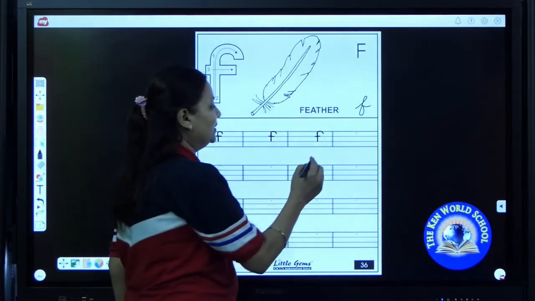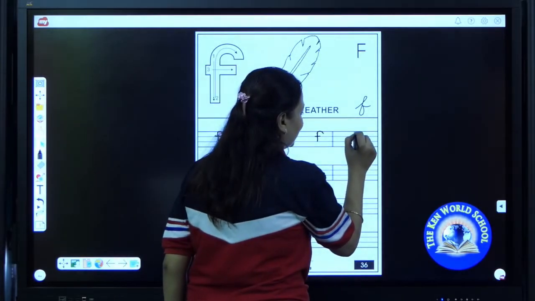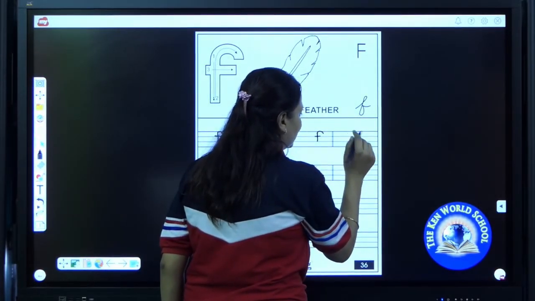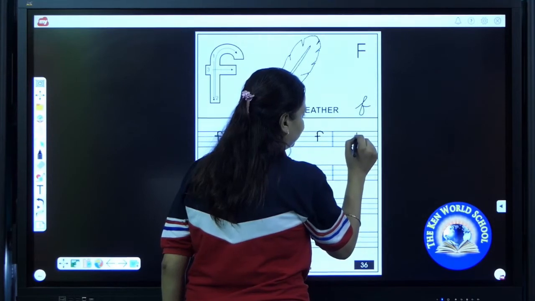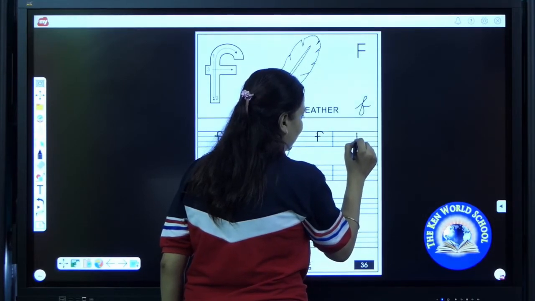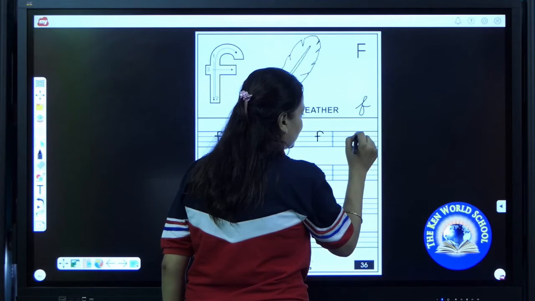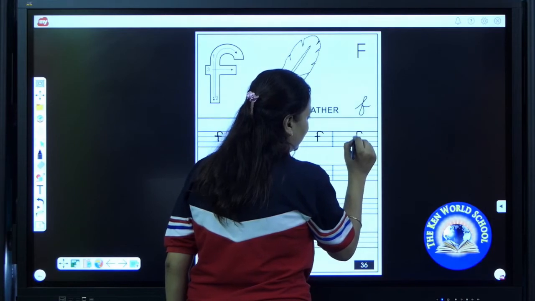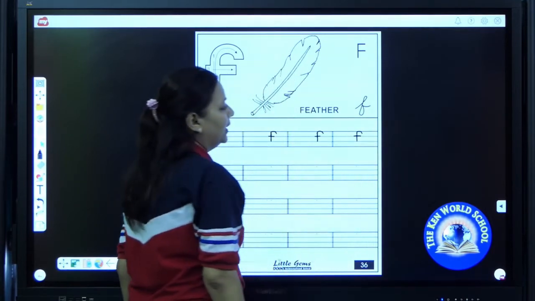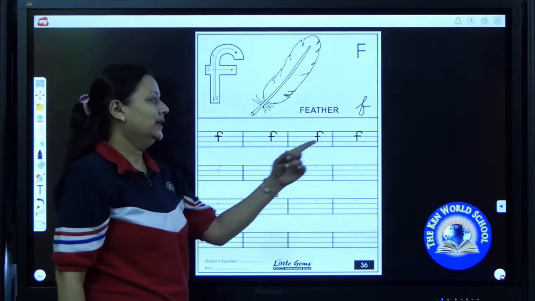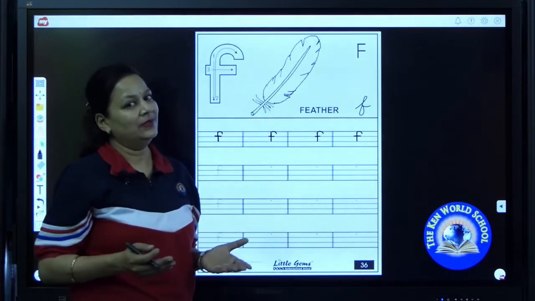Again, ma'am is going to write. Up to down, standing line. Up, up, up. Stop on the top line. Turn. Make a curve towards right and draw a sleeping line. F. With this, I have completed my first row.